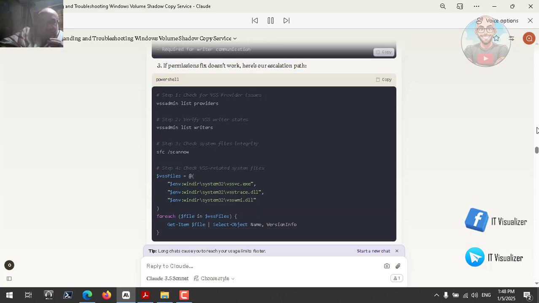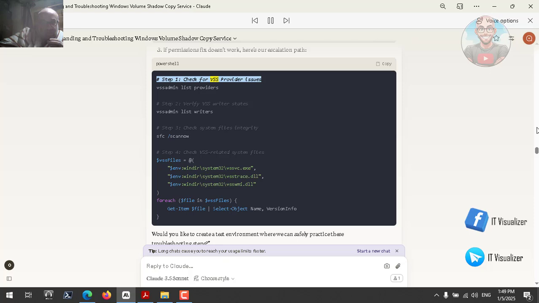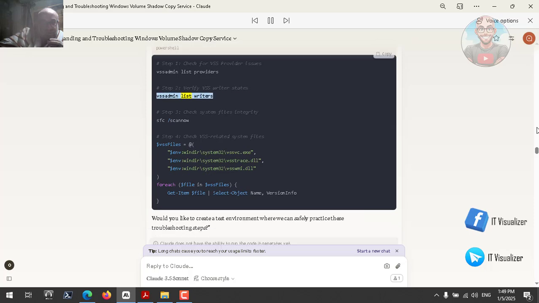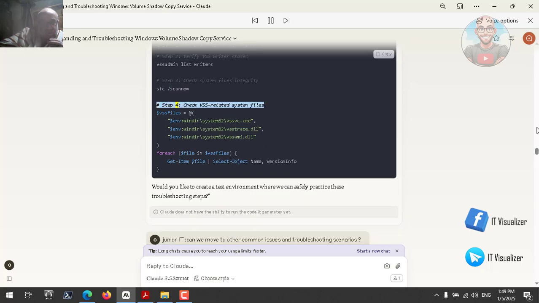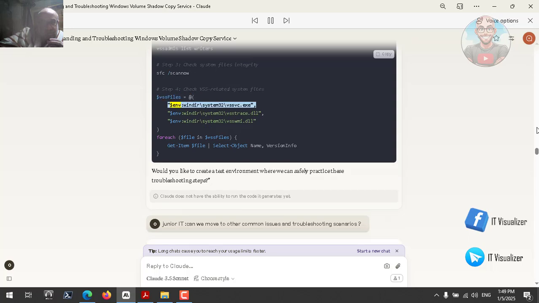PowerShell. Copy. # Step 1: Check for VSS provider issues: vssadmin list providers. # Step 2: Verify VSS writer states: vssadmin list writers. # Step 3: Check system files integrity: sfc /scannow. # Step 4: Check VSS related system files: $vssFiles = @(